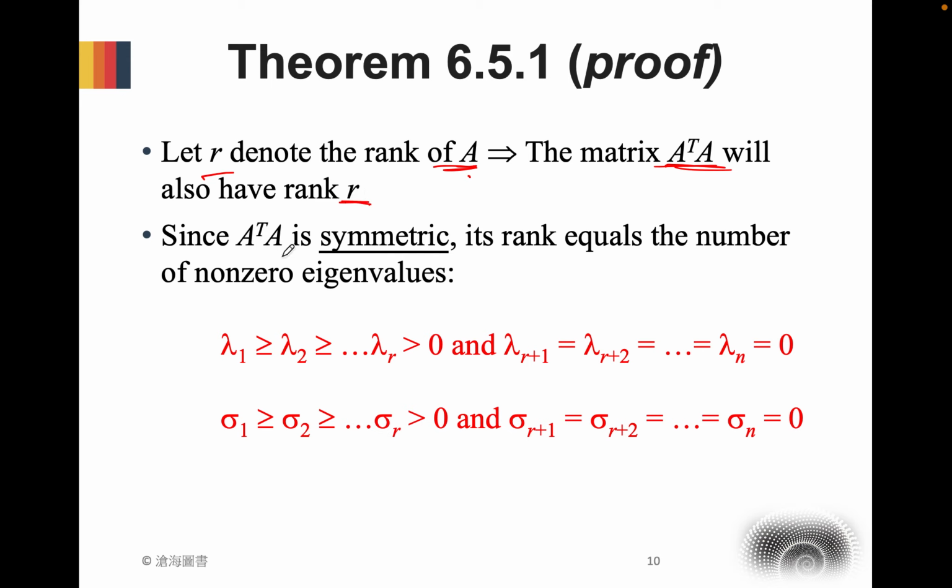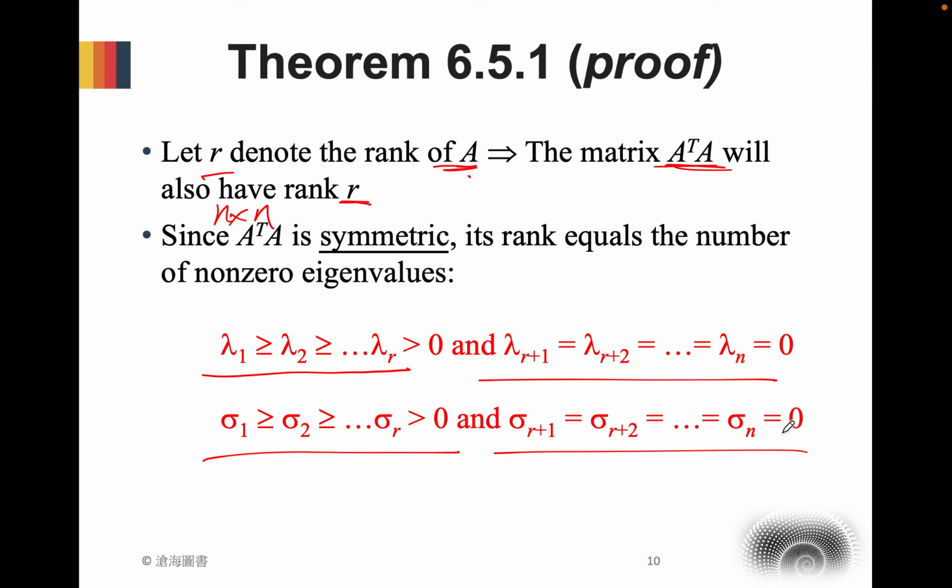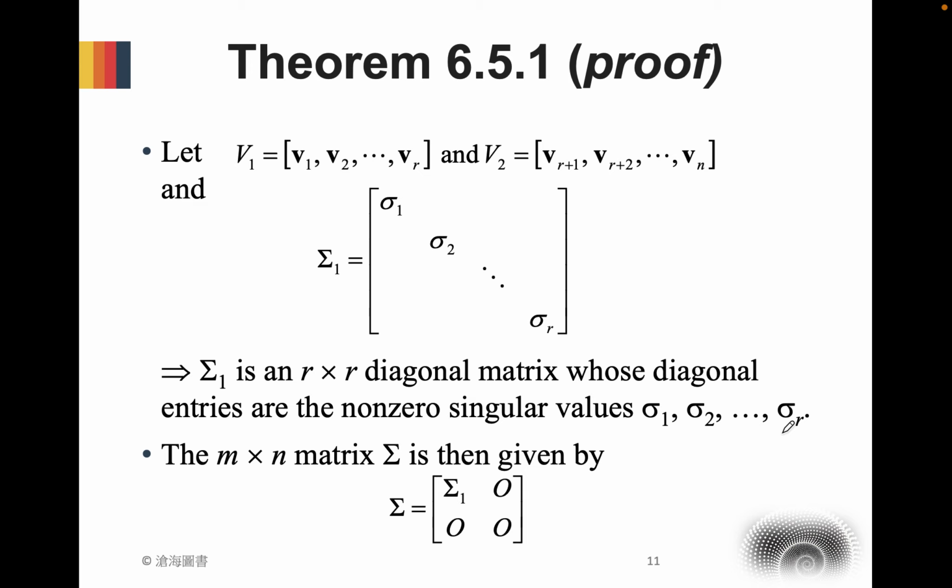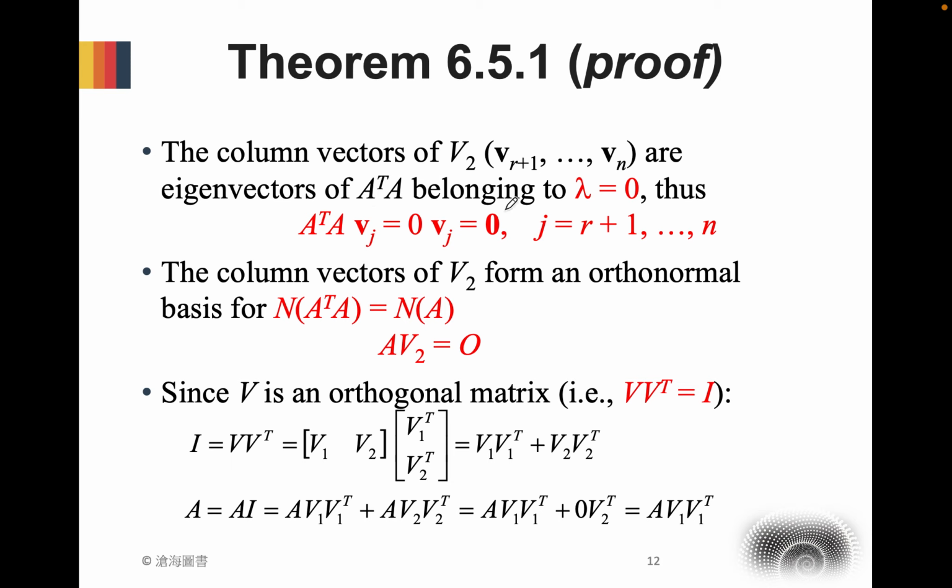假设 R 是 A 的 rank，那么 A transpose A 的 rank 也会是 R。对于一个 n×n 的对称矩阵，如果它的 rank 是 R，那么只有前 R 大的 eigenvalue 是大于0的，后面 n 减 R 个 eigenvalue 都等于0。singular value 也是如此。我们把前面 R 个 eigenvector 视作 V1，后面 n 减 R 个视作 V2，它对应的 R 个非0的 singular value 聚在一起，形成对角矩阵。